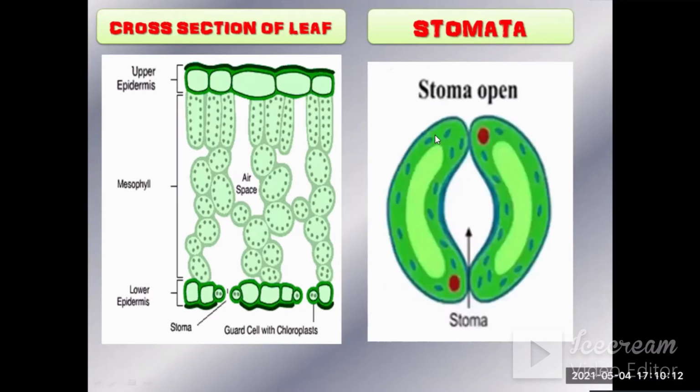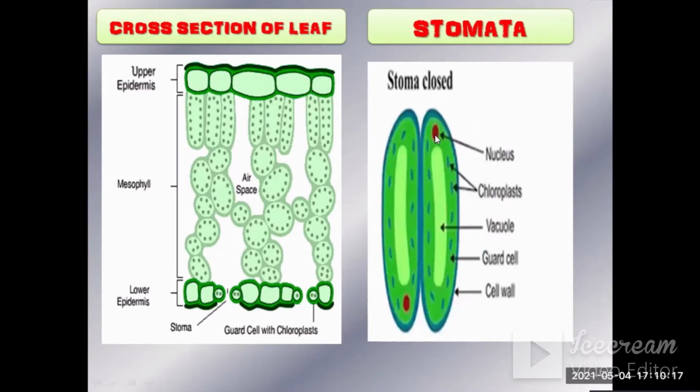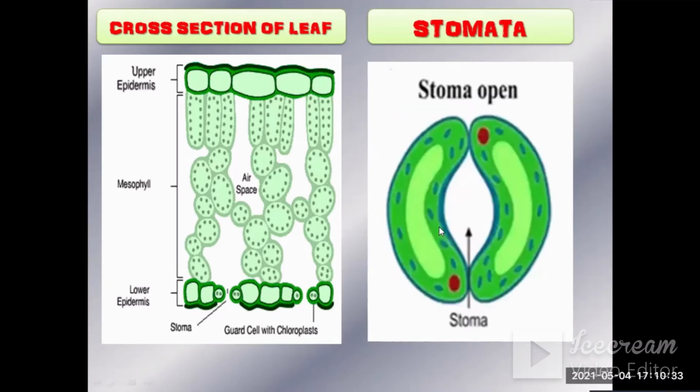That was the closed stomata. Now this is the open stomata. Let's observe the closed stomata. See how both the guard cells are sticking together. There's no space in between. So when a leaf droops down, the stomata closes. This is the open stomata, and the pores are clear. Gases can enter and exit the leaf.